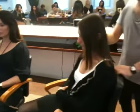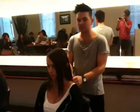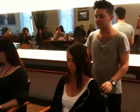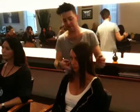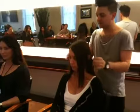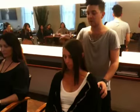So once I had done the back, also while taking the back off each section, I made sure that I had it straight by feel compared to look, because that's the best way to know. Then I take on my side sections. I do exactly the same thing, but each section I do working my way up just to make sure that they're both even. Once I'd finished cutting my sections, I then blow dried it